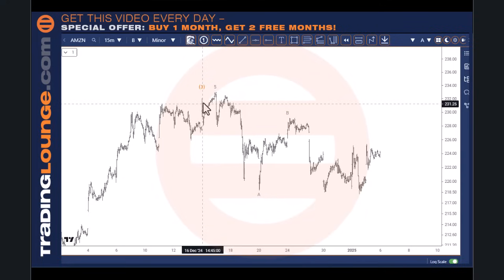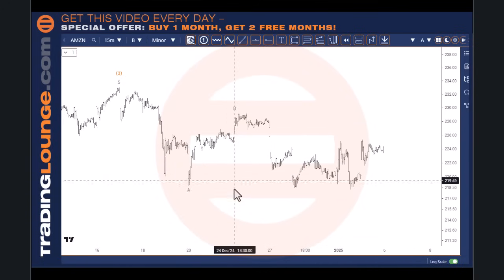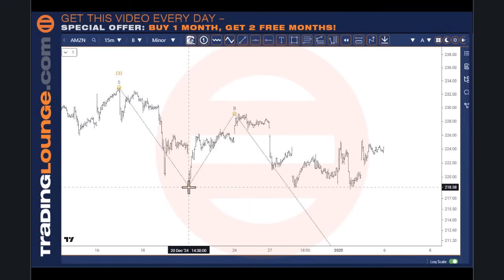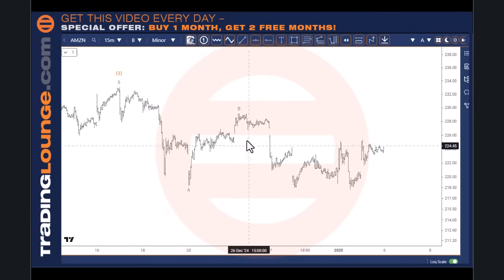Now, once again, you've got to get it kind of right on the right pivot there. There we go, and it pops up, and they all line up together there, and it's kind of important when you're doing other stuff. So here it looks like we've got a reasonable sort of impulse wave down for this one. We've got some type of correction over here, and from this point here I can also see 1, 2, 3, 4, 5 here.